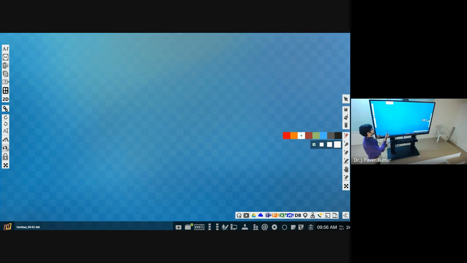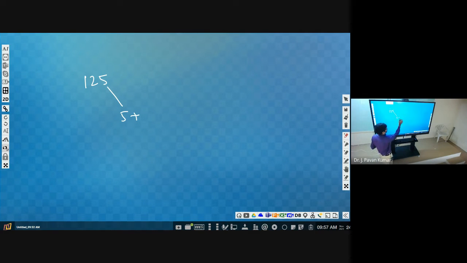First of all, given a number, let us say 125 is given, we have to calculate the sum of the individual digits. We have discussed this problem, yes or no? So we get first 5, then 2, so 5 plus 2, then 1, the result will be 8. This should be the output. Given a number, we have to get the sum of the individual digits of the given number.